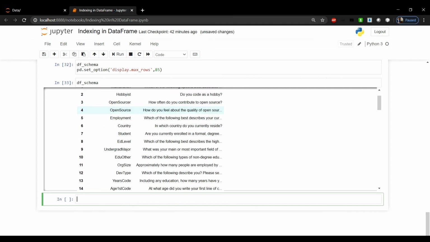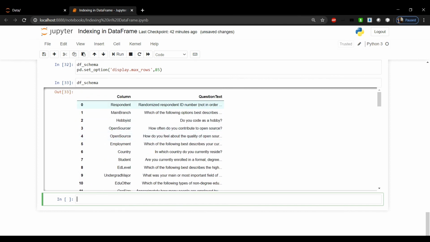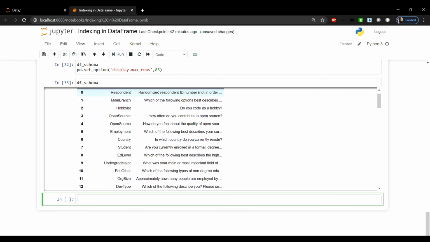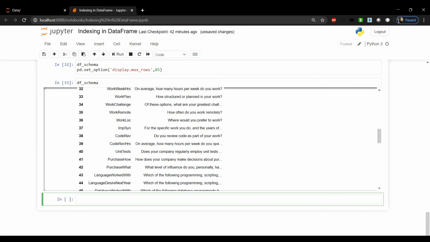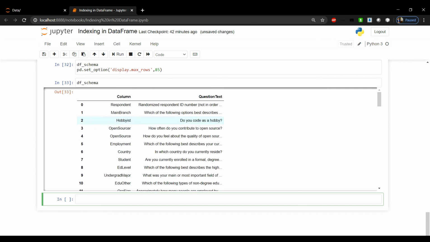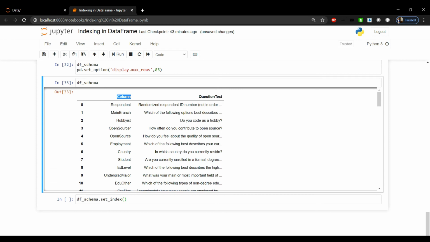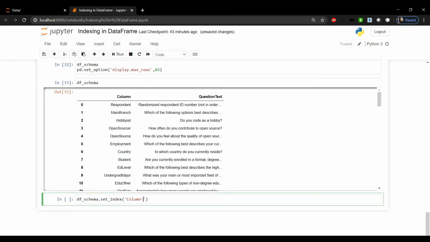Now in this df_schema we have the default index as 0, 1, 2, 3, 4, but I want this column, which contains the column names, as an index. So for this I need to use df_schema.set_index, and I want this column as an index now.